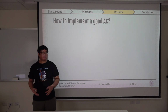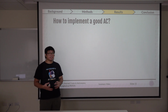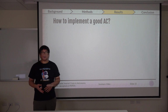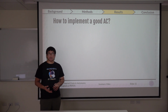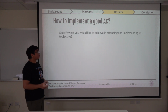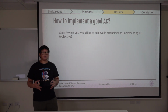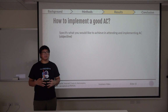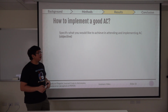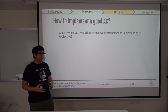Before I end my summary, I would like to share with you some tips on how to implement a successful AC based on our results. This will be very helpful for those who would like to start their own ACs in their respective institutions or for those who would like to improve their own AC. So of course, first and foremost, you need to make sure that the goals are presented to the participants, especially in the first session. These goals must be clear and concise,